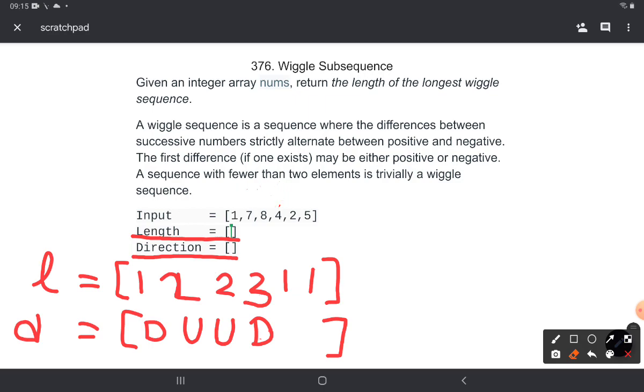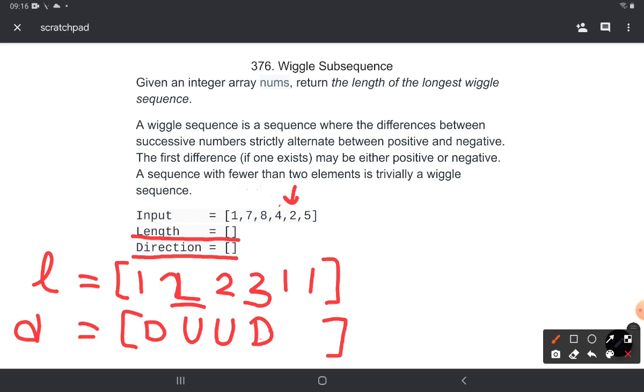Now we can move to 2, again doing the same thing. Let's check with all the prior elements of the array. So 1 to 2 is of length 2, then at index 7 if I do 7 and then 7 to 2, this would give me a wiggle subsequence of length 3, because at 7 I have the wiggle subsequence of length 2, so 2 plus 1 is 3. Let's see if we can find even better. I come to 8, so at 8 I have a wiggle subsequence of length 2, and then I go down to 2, which is again a subsequence of length 3.